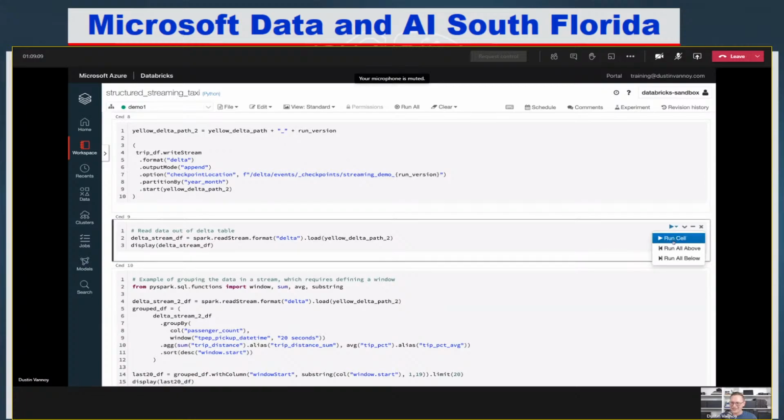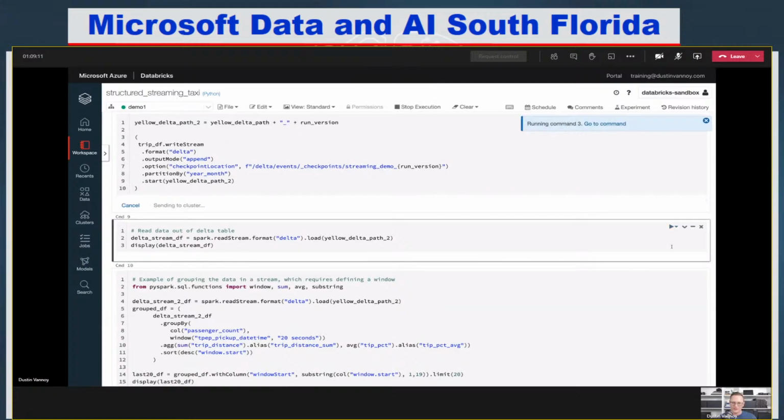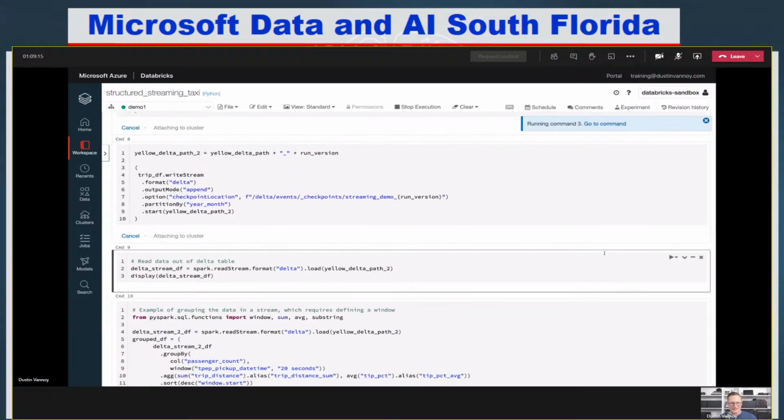So I'm gonna kick off all of the stream processing. It's really about eight cells, but only some of them have code in them. Kick off the stream processing, and then I want to show you how this very simple visualization within my Databricks notebook will grow as the data flows in. The other thing you can never forget to do is make sure you have data flowing. So let me kick that off too.